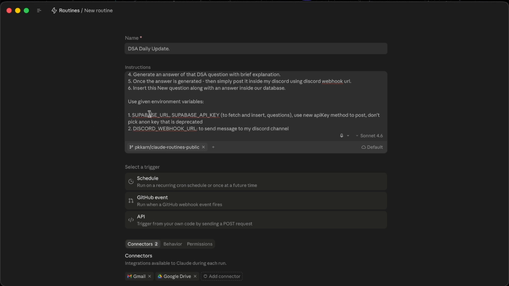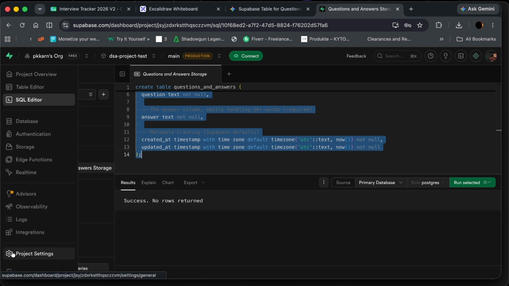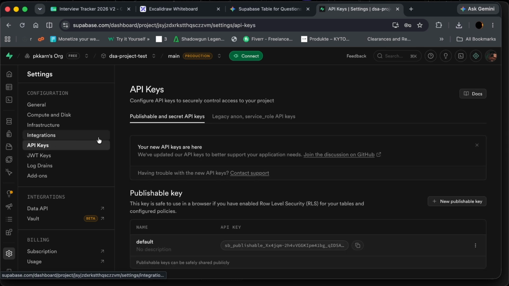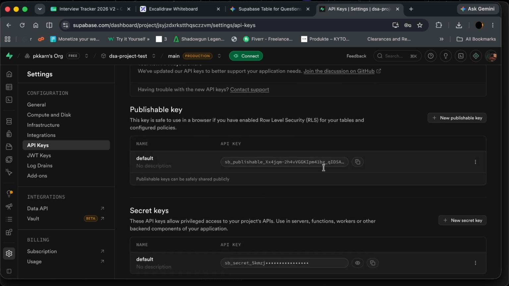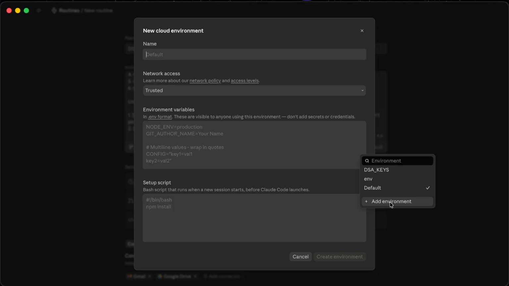So first of all, the Supabase URL. For that, you have to get inside your Supabase project and click on your project settings, and then there you'll see an API keys option. Here is a publishable key which you can copy. I'm going to delete this entire project, so it's not a problem. And create a new environment, so BSA test or something,